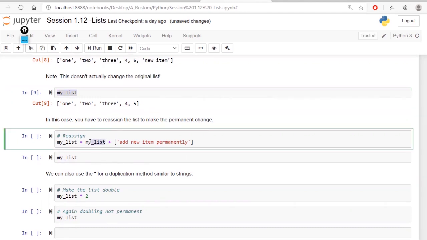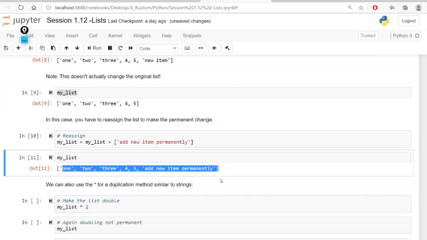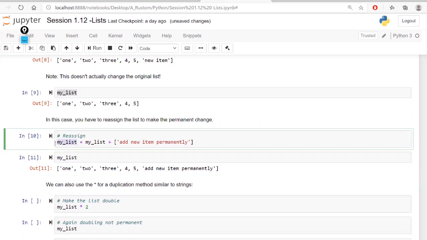So I will give the original list plus a new data here, and I am storing both in the same name, right? Same name. So in that case, if I print that, I will be able to store that permanently. All right. So that's how it works. You have to assign to the variable, and here I'm giving the same variable. So that is one of the ways that you can update,